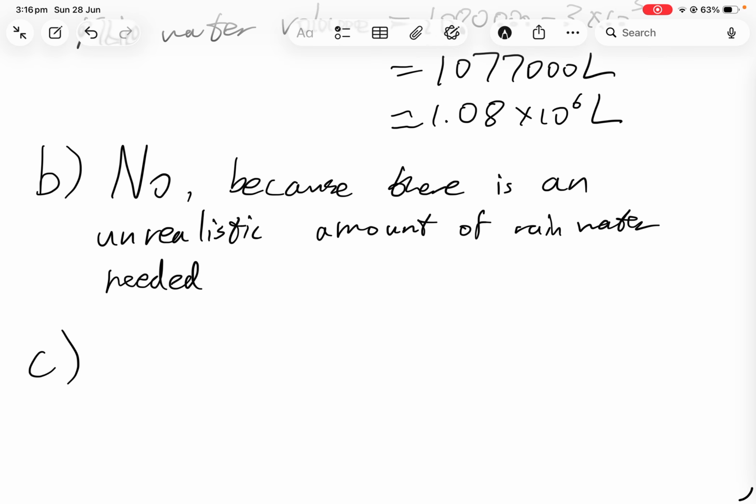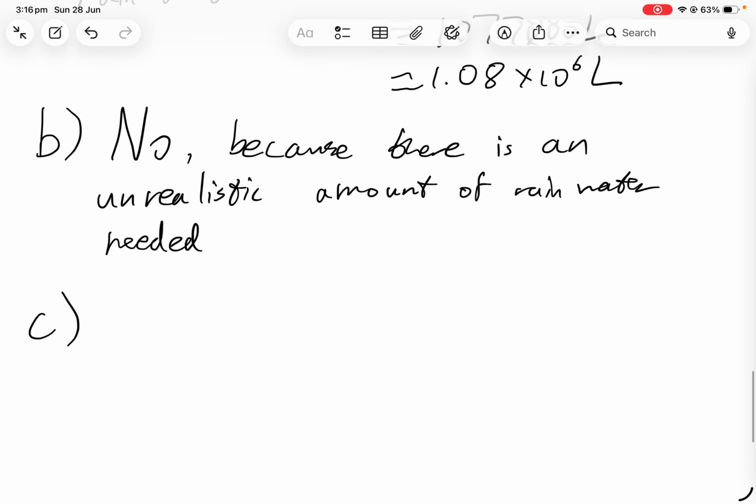Part C says suggest another method that can be used to achieve the same result. How does this compare with the addition of rainwater? Okay, so another way to reduce the pH is, instead of adding in more things that lower the concentration, we can add things that reduce the hydrogen. So by adding a base